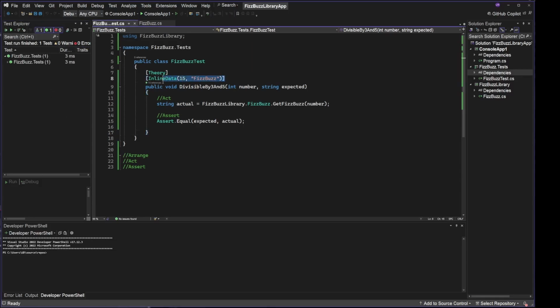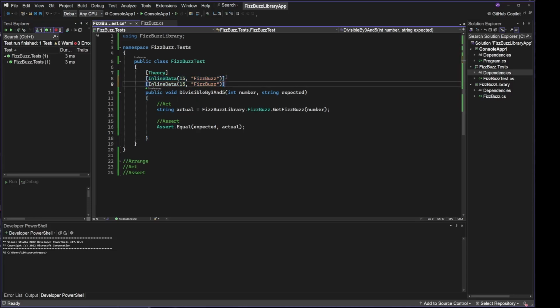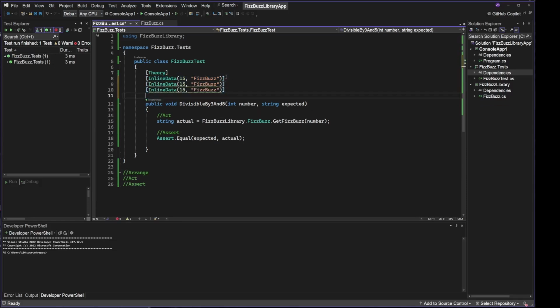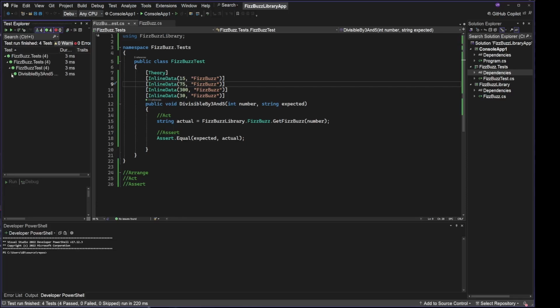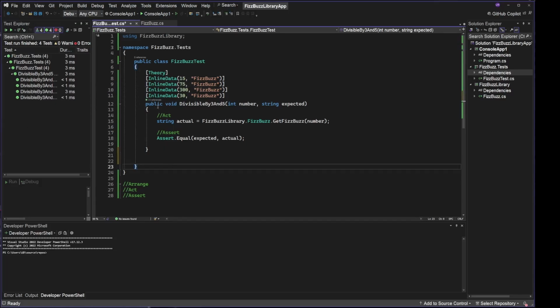However, this time around I can pass in multiple data points and check. So pass in all of the numbers that are divisible by 3 and 5, and they should test as passed. If I click on this little arrow over here and further little arrow over here, it says divisible by 3 and 5. All of it, the test has passed. Now I can test for other conditions. So if I simply copy this method